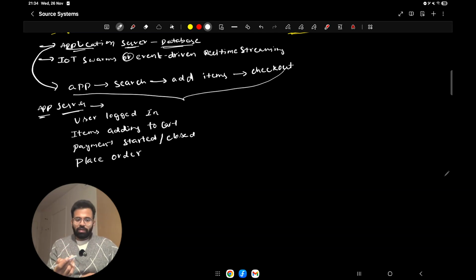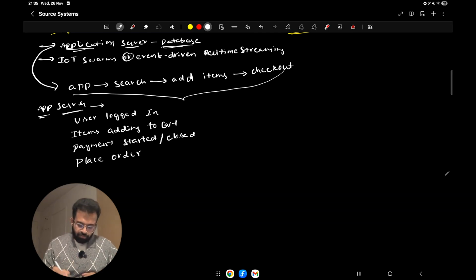And if you still don't understand it, you can think of the application server like this: you go to a restaurant, and there is a waiter who takes your order or request and then processes it. In the same way, this application server is exactly like that. Whenever you go to an application and try to do something, it will take all the requests, route them to the corresponding modules, and then process them.